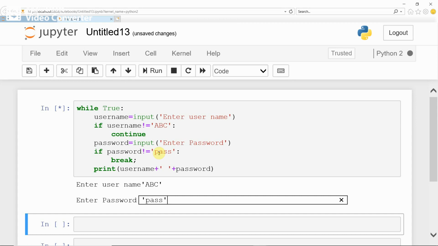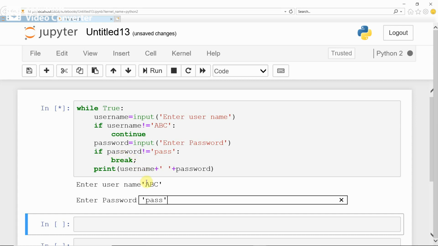When the password equals pass, it won't execute the break statement. If password is not equal to pass, it executes the break statement.